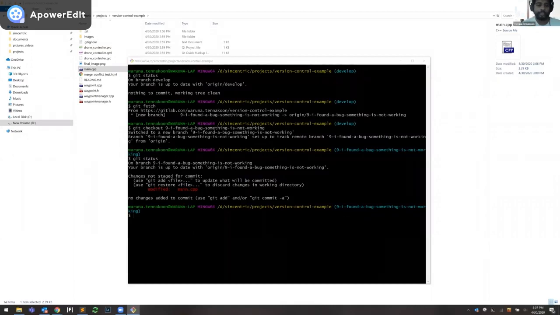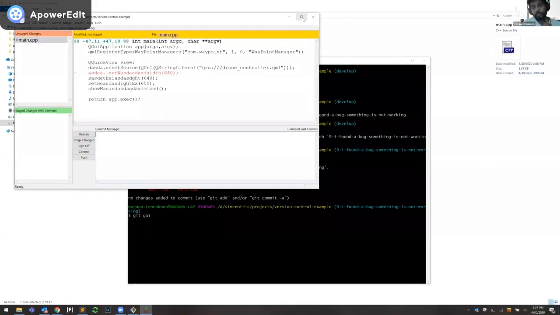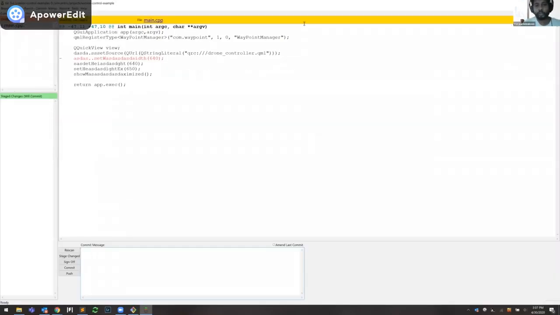So now you can see the main CPP file is changed, and it shows us that it has been changed. Now let me open up a tool called Git GUI, using which you can prepare the commit. If you can recall the earlier slides, before preparing the commit, you have to stage that file.